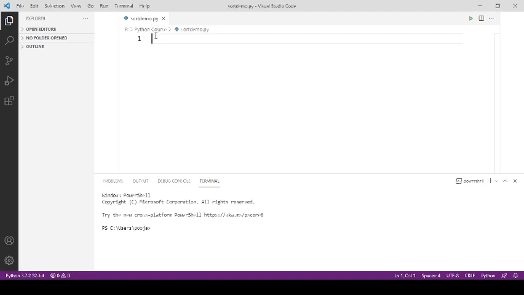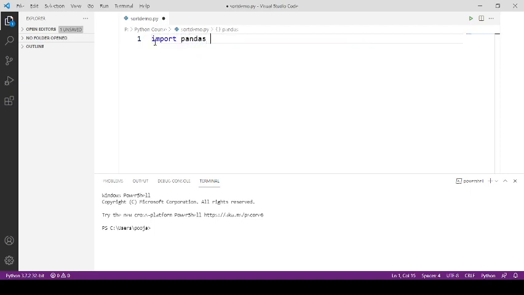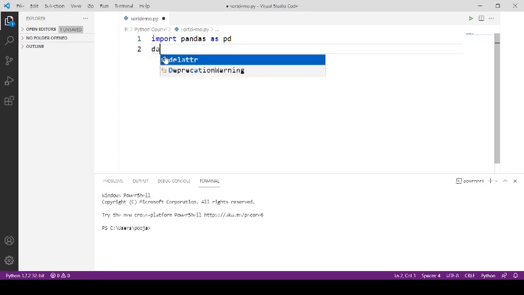Python file. So first we need to import pandas, and now you are familiar with this syntax. We are going to refer to pandas as pd. First we need to create a data frame. So I am going to create a data frame from a dictionary. First I am going to create the dictionary, and you know how to create a dictionary. A dictionary contains key value pairs.